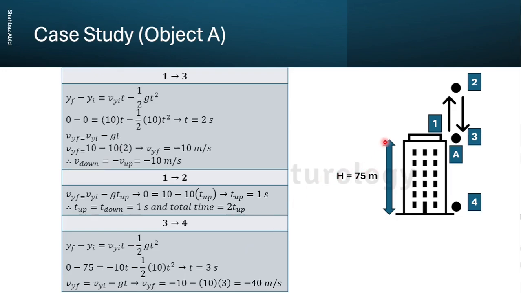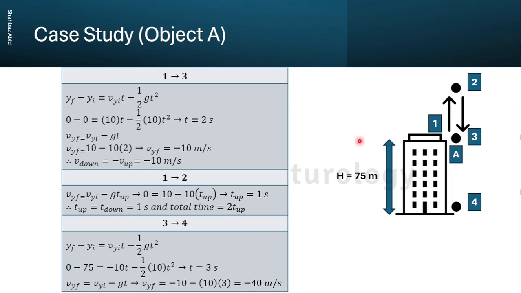Now the object A was thrown vertically upward with an initial velocity of 10 meters per second. So it's going to travel first of all upward, then it will stop at 2. It will have no velocity at 2. Then it's going to travel from 2 to 3, and then finally from 3 to 4. So let us first of all find the time and the velocity for the motion from 1 all the way to 3. So I can use this equation of motion,